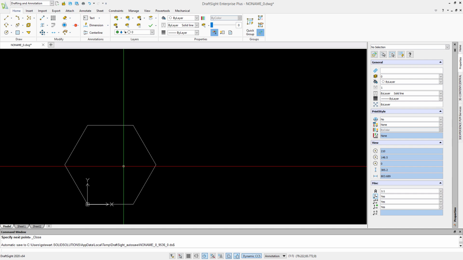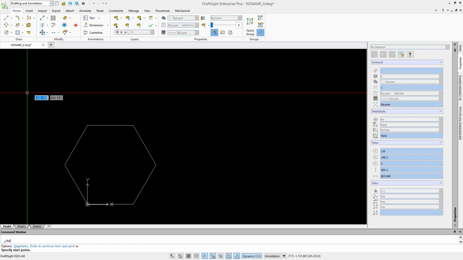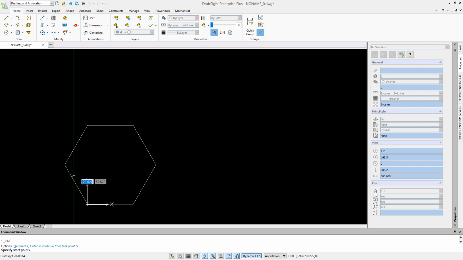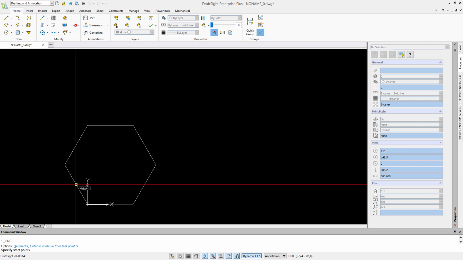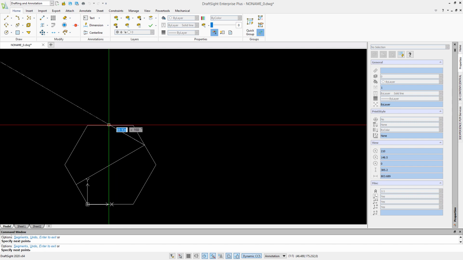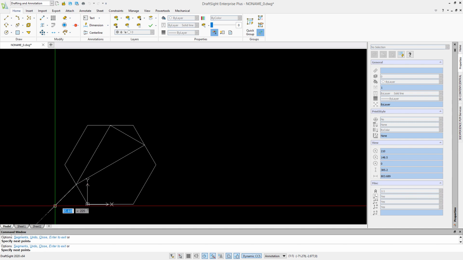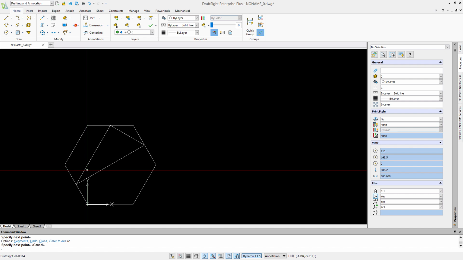We can also use existing points of geometry for our lines as well. So for that, we use entity snaps. That will allow us to snap onto various different locations, like endpoints, for example, or in this instance, midpoints. So let's just click here, over to that midpoint, up to the top there, and back to the start.